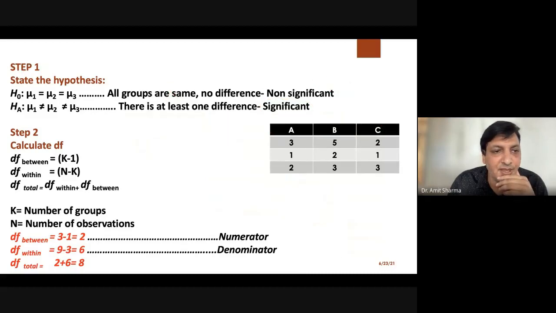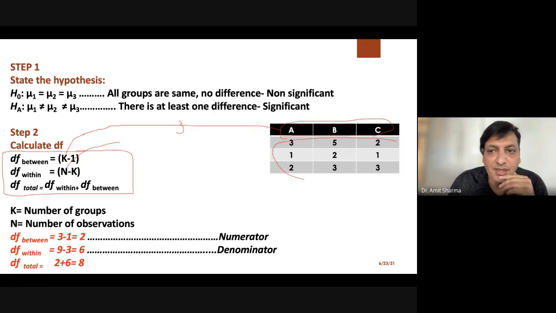So you can see here that these are the formulas to calculate the degree of freedom. For example, the degree of freedom for between is k minus 1. And the degree of freedom for within is n minus k. Now, what is k and what is n here? K means how many groups are there. We know that we have three groups. And how many readings are there? Total n, total readings are 9. So 9 will be considered as n.